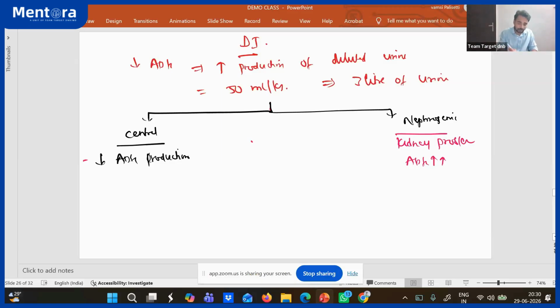Right? So what is going to happen in diabetes insipidus? In central, there is no ADH. Because there is no ADH, there is no free water reabsorption. Therefore all the water is going into the urine, so urine osmolality will be low, and you have increased serum osmolality. Similarly in nephrogenic, even though ADH is there, it's unable to act on the kidneys, so free water goes into the urine, and urine osmolality will be low.